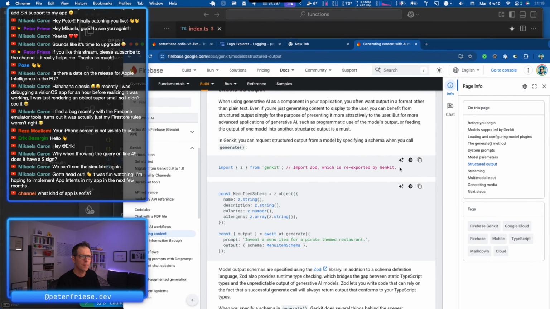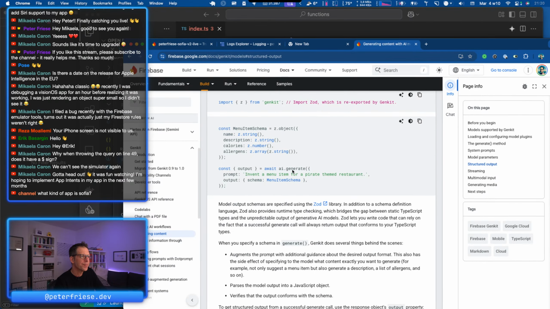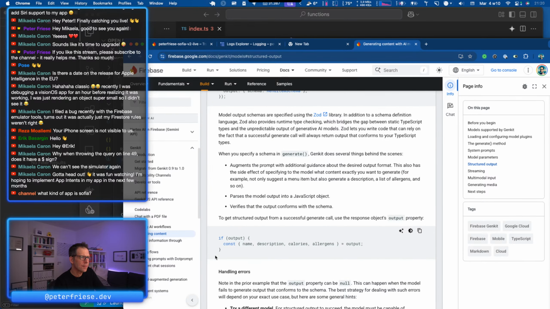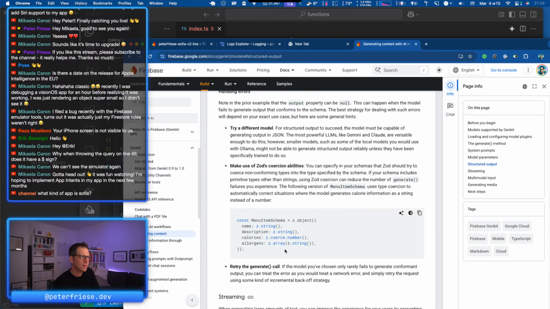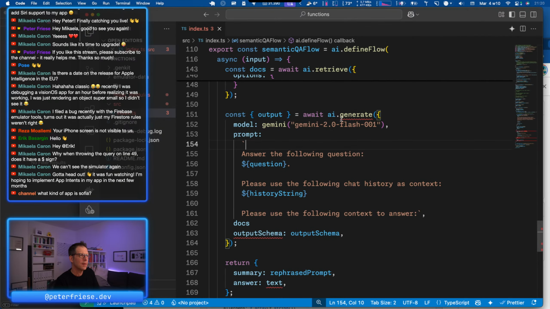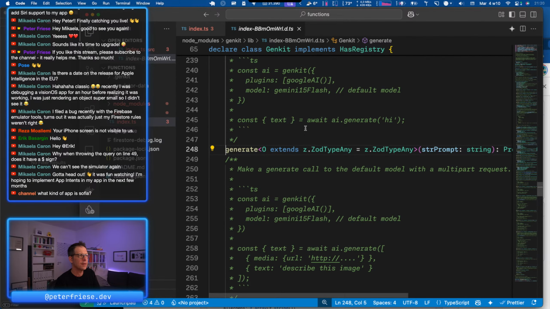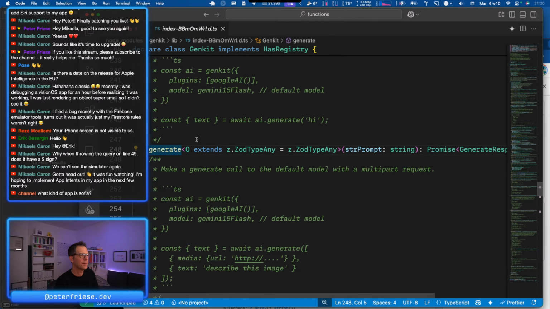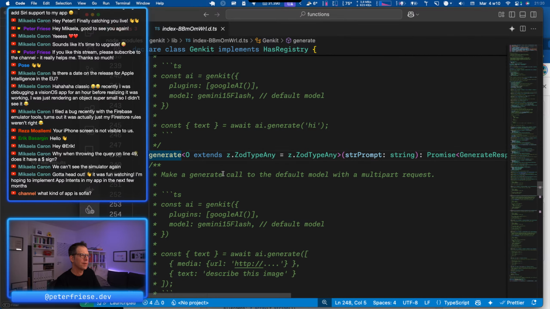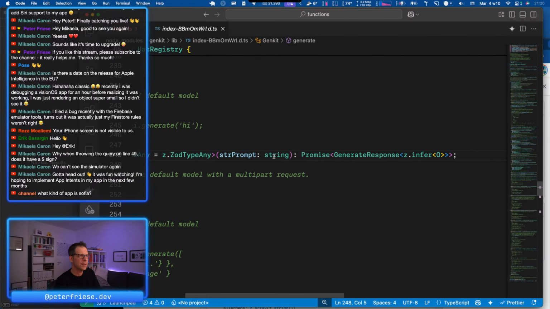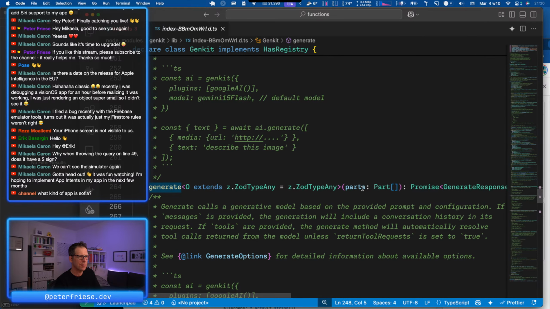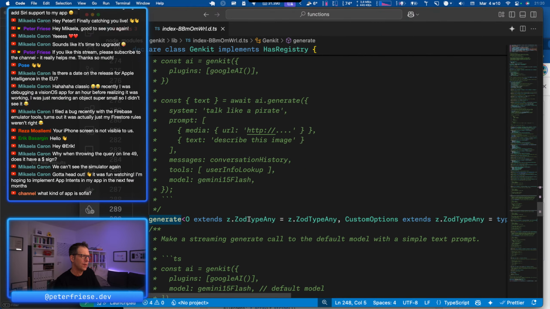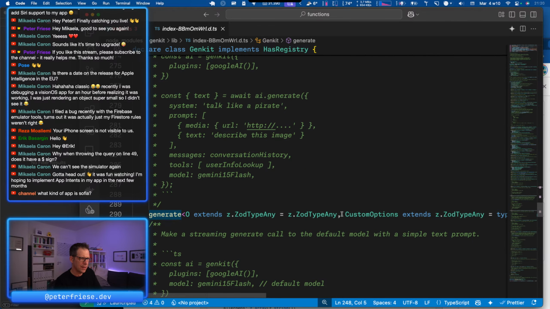Nope. Okay, let's take a look at how this looks. So we've got generate, and it takes a string prompt. We've got generate, it takes parts. We've got generate, it takes